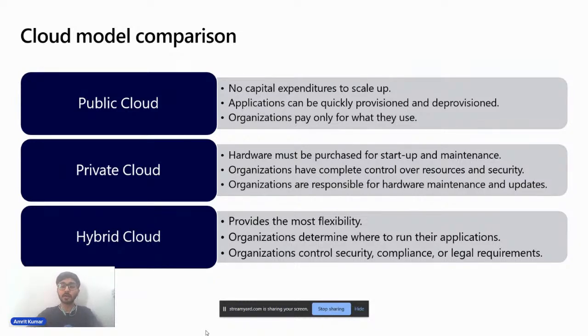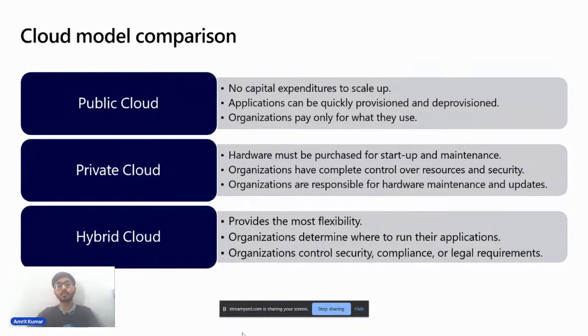Hybrid cloud provides the most flexibility. Organizations determine where to run their applications, where to debug them, where to showcase them or live stream them. They can handle them by themselves.